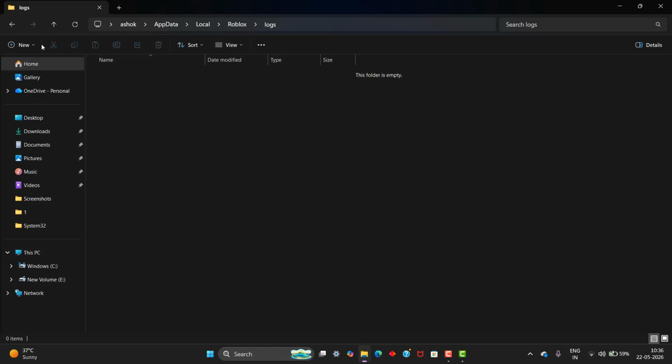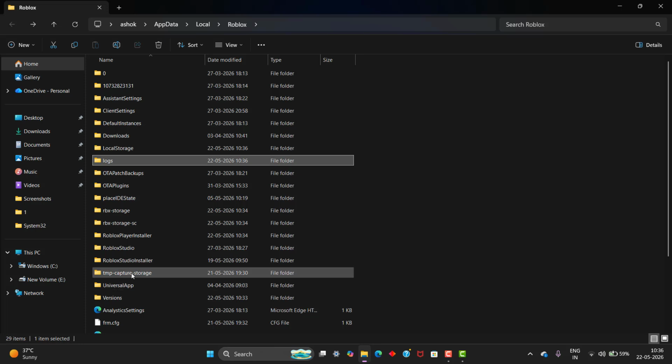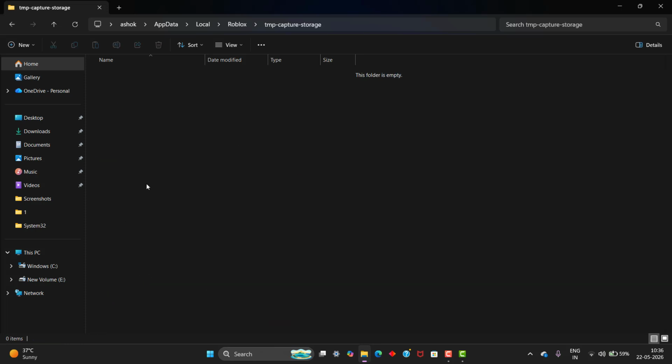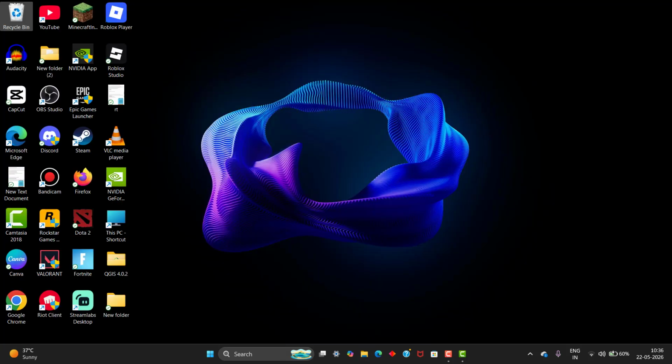Once completing this, come back and click Temp Capture Storage. Delete the files and folders inside it. Once completing this, come back and close it. And the next step, click Settings,